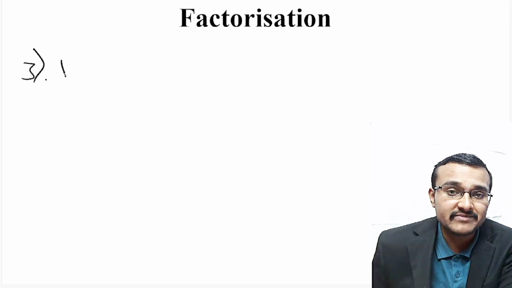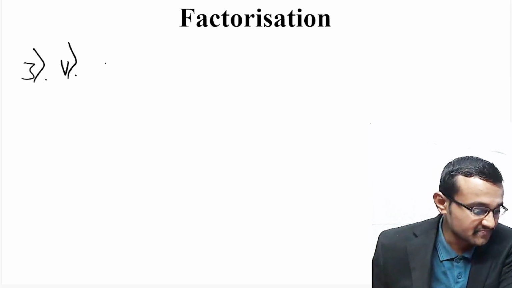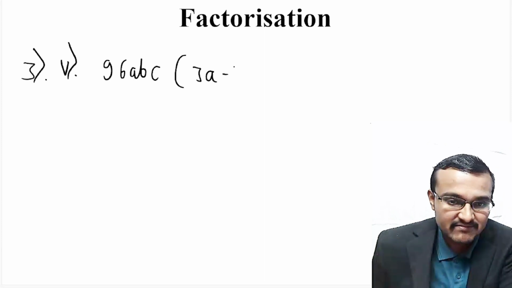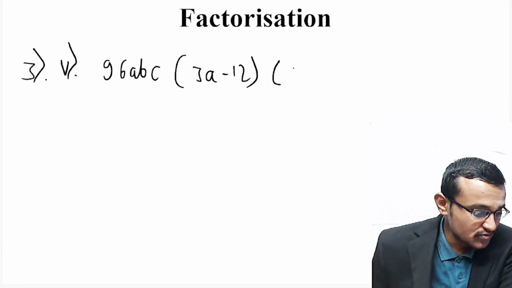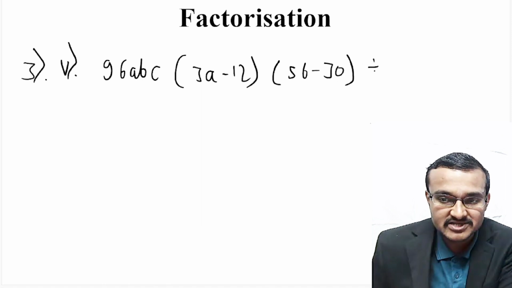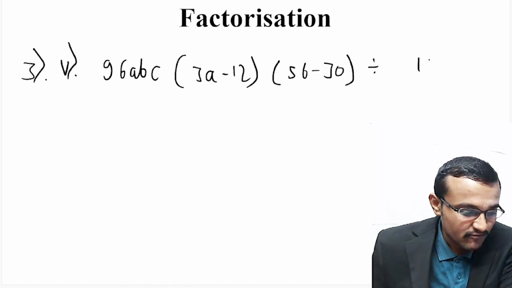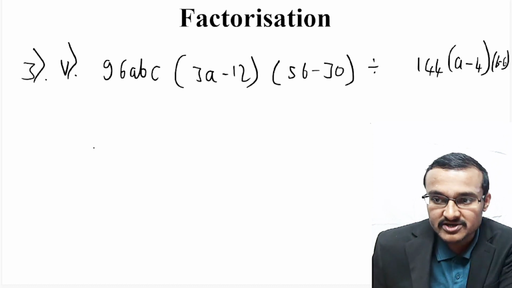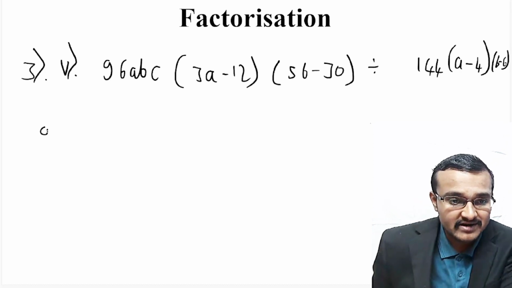So coming to the fifth question in this third question, they have given 96abc into 3a minus 12 into 5b minus 30. This is an algebraic expression, divided by 144 into a minus 4 into b minus 6. So this is an algebraic expression. Now we will write this as